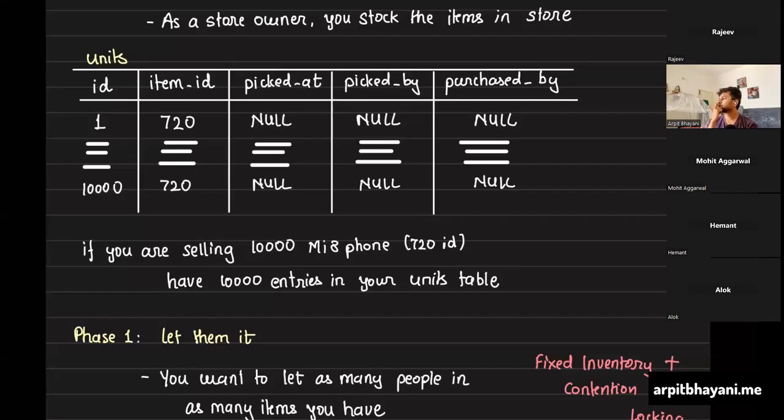Arpit, just an extension to what we discussed on Flash sale, when we look at bigger systems like IRCTC or BookMyShow, we lay out the inventory upfront in an inventory-based system. For example, IRCTC, you may be running a lot of trains. Each train will have a lot of seats. So we are looking at a lot of rows in the database, right? Yes. Could probably go in millions. Now, what would be the different ways by which we could contain this seat table growing too huge? Because when you are running that select query, that itself will start slowing down with time when you have a lot of data in that table.